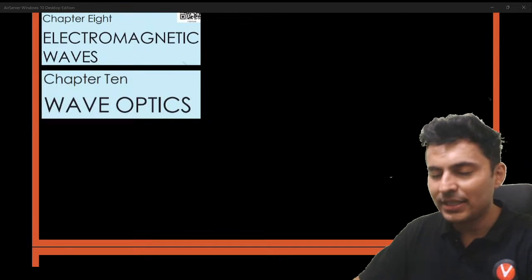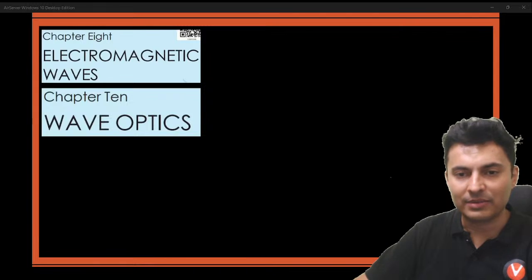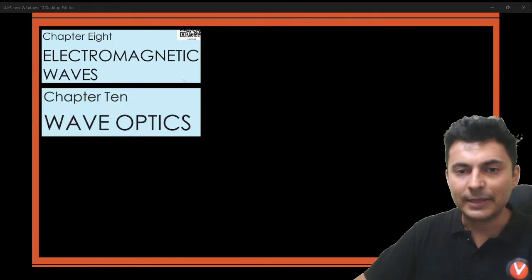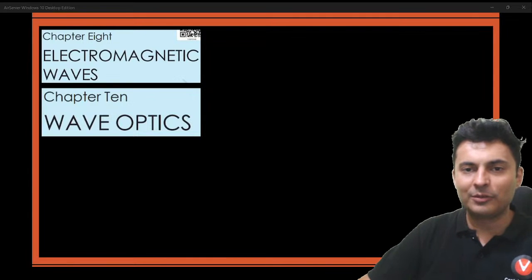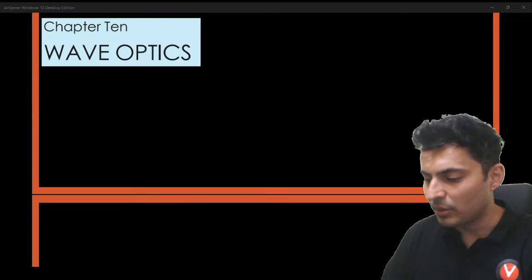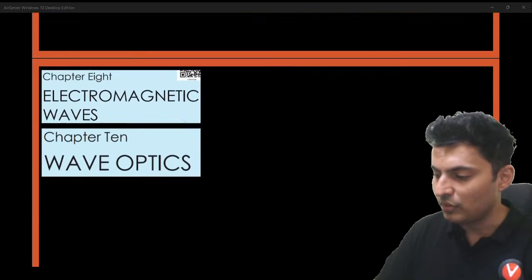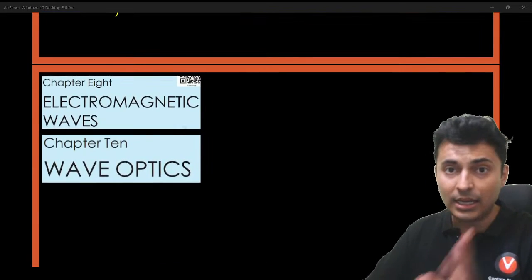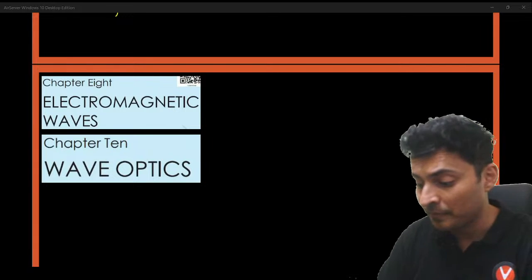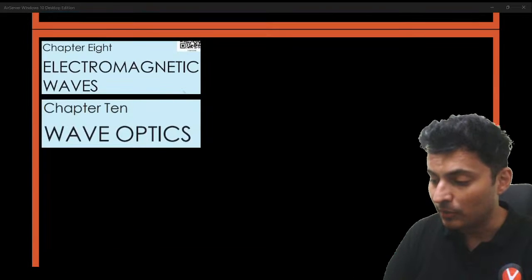Cool. Chalo, let's go to electromagnetic waves. In electromagnetic waves, what are the main graphs that you will need? One is obviously the diagram of the electromagnetic waves. That is the main thing which you will need. Apart from that, there is not much which you will need over here. But still, I will give you two additional graphs which are not there in NCERT but which might come. So let's talk about it.